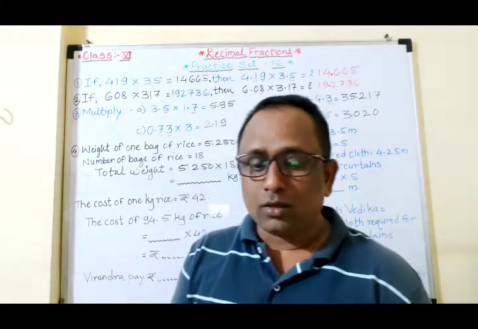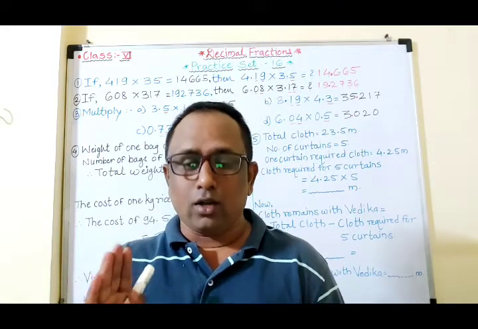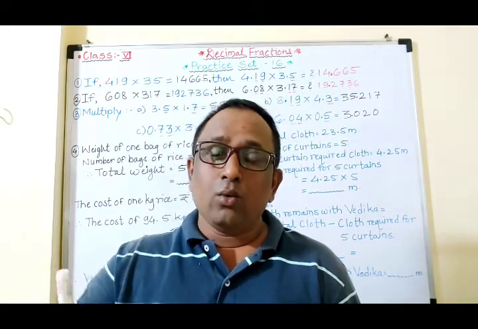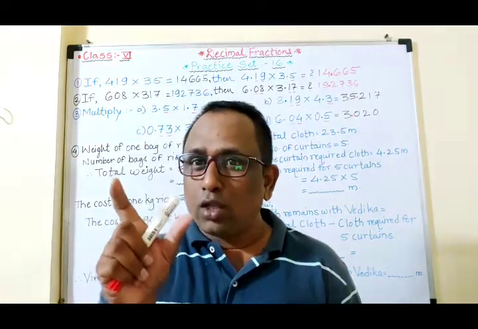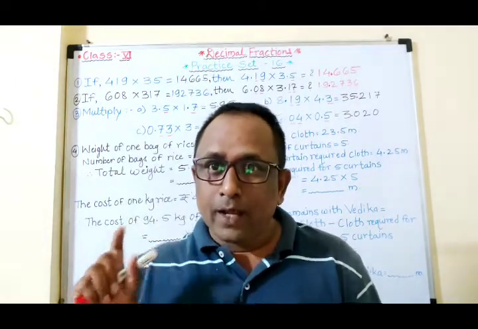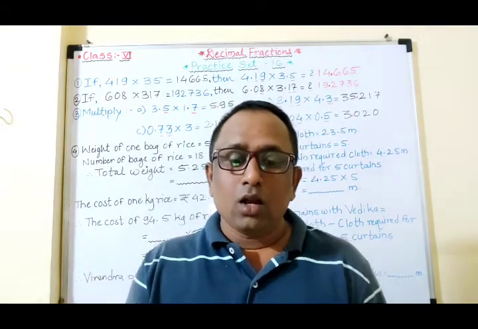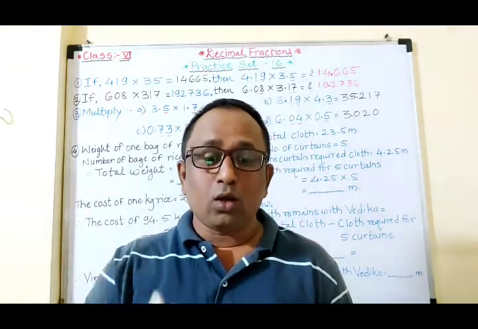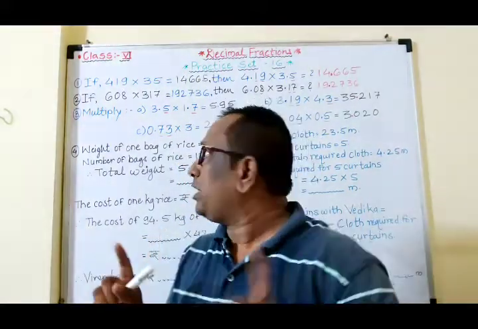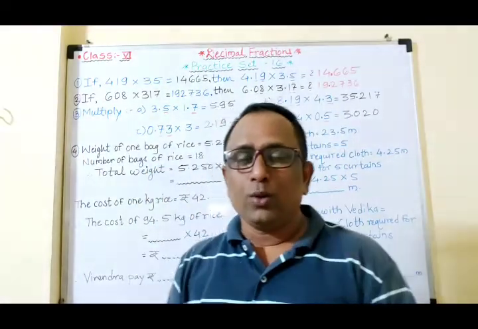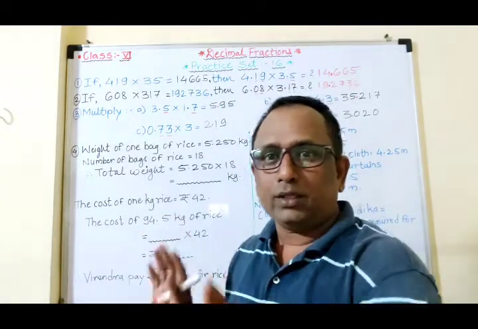So here first students, we don't know the total weight of the rice, so we have to find the total weight of the rice, and then we know the rice cost of 1 kg, that is 42 rupees. If we get the total quantity of rice, then we'll multiply by the price of 1 kilogram, and then we'll get the total amount he paid for the total weight of the rice, okay. So first we'll find the total weight. Now look here, whatever the given things I told you, when word problems are there, in your own words, whatever the given things you have to mention, okay.